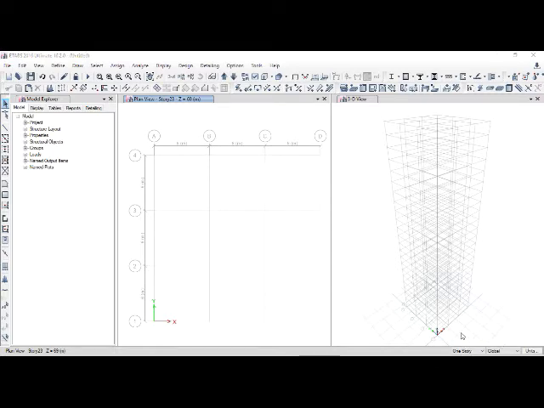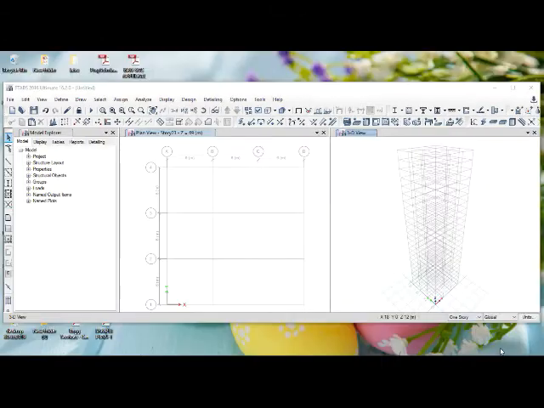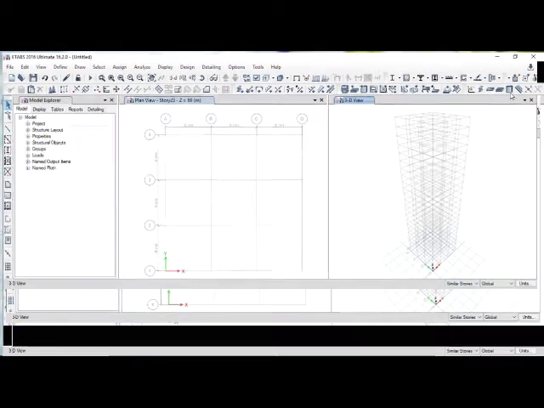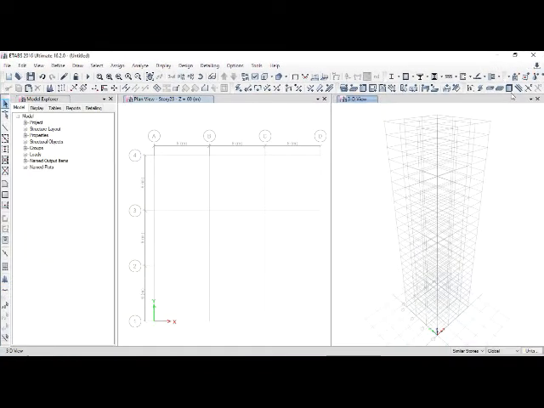Now we'll select the similar story option, so that we can create columns, beams and slabs for the similar stories at different levels. Then we'll go to draw column, quick draw column option, by going to story 1.